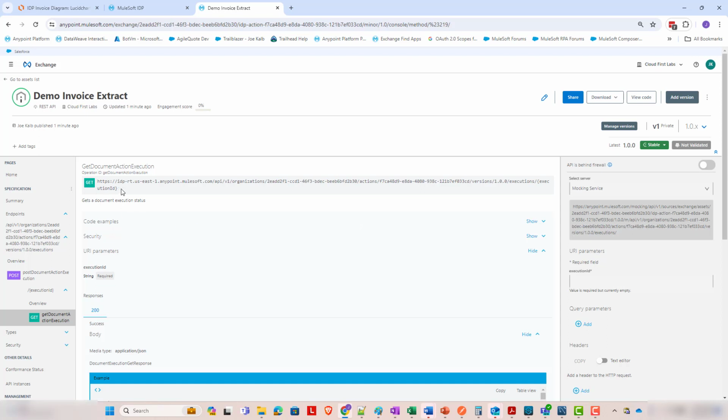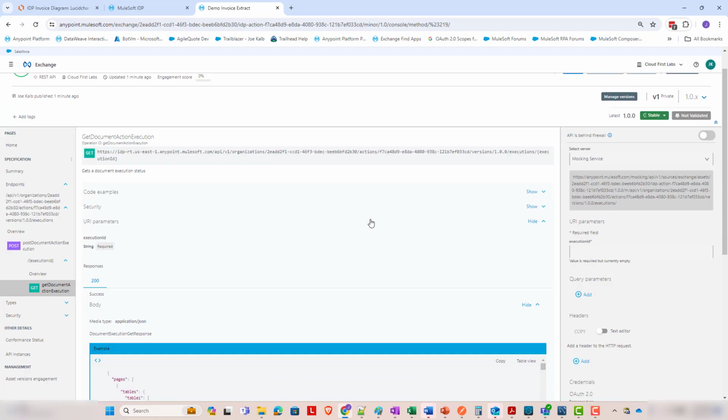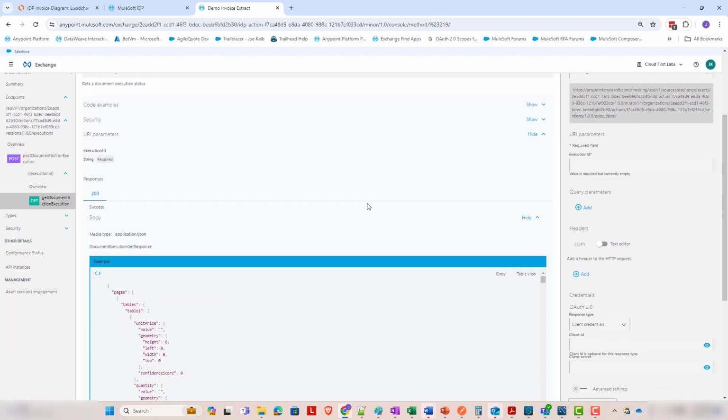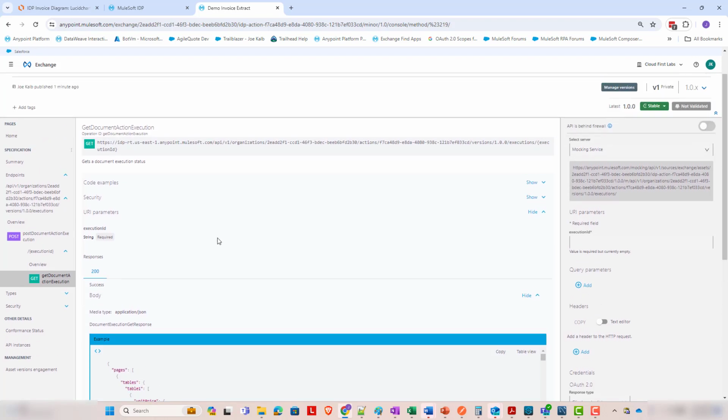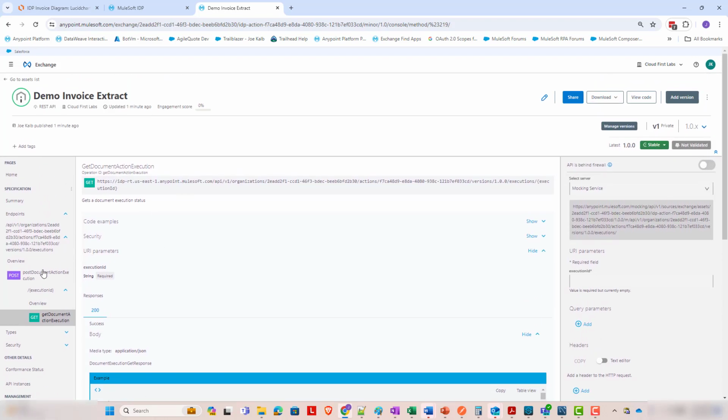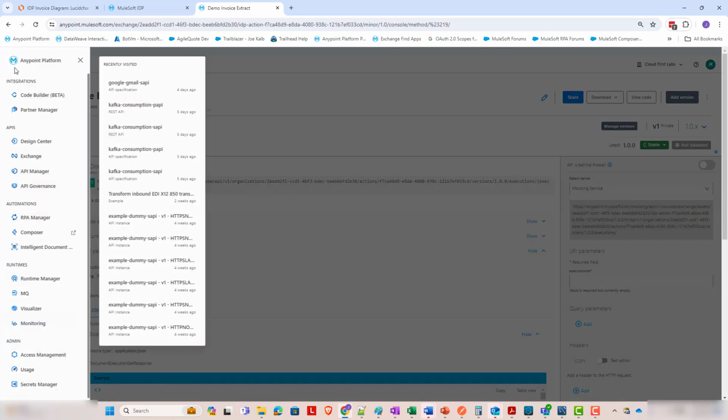So with this in mind, we've got what we need set up here, except we're going to need a connected app. Because this is protected by OAuth 2.0, we're going to need a connected app that is able to call these endpoints. And we're going to configure the connected app client ID and client secret into our Mule application. So let's go ahead and create that,